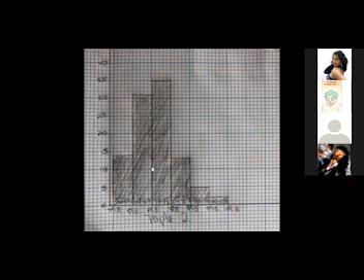And that is the reason why we have the classes set up in that way. So anybody who weighs anything 50 to 59 inclusive, they fall in that first class. But when it comes to actually representing the data on the histogram, I can't do the classes 50 to 59, 60 to 69, etc., and get them to connect, because at that point I have distinct classes where they don't overlap, they don't connect. There's no value in common for me to just connect them all. But when it comes to the limit, although you wouldn't have somebody with a weight of 59.5, because you didn't collect anybody's weights accurate to one decimal place, your limits